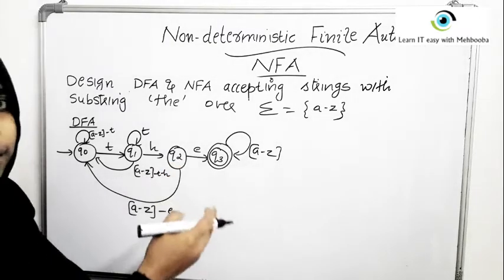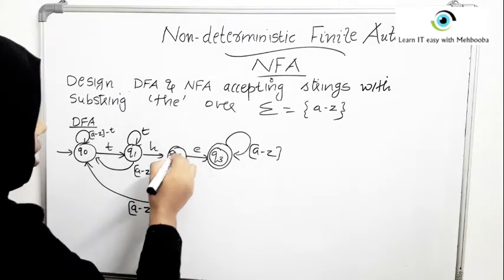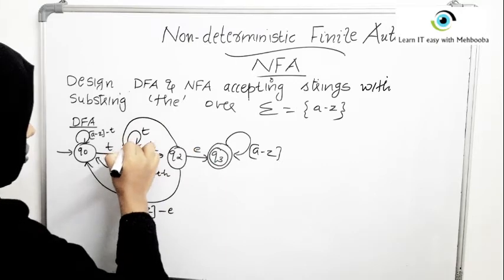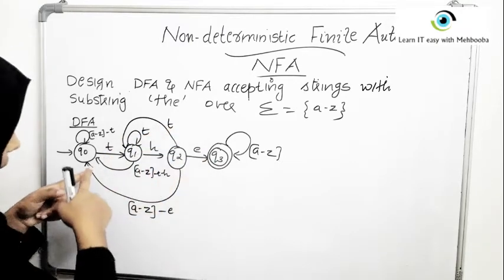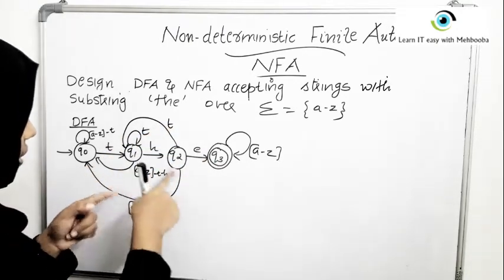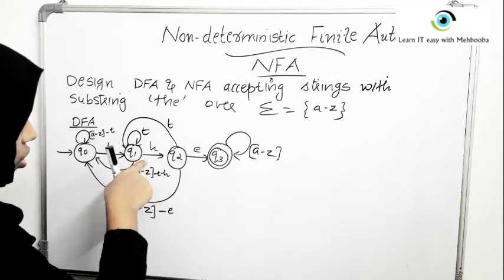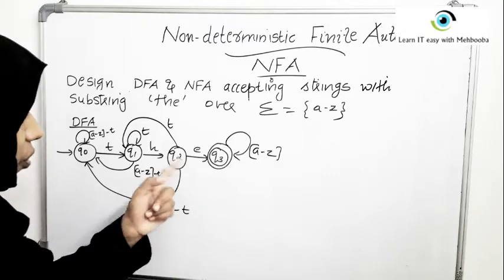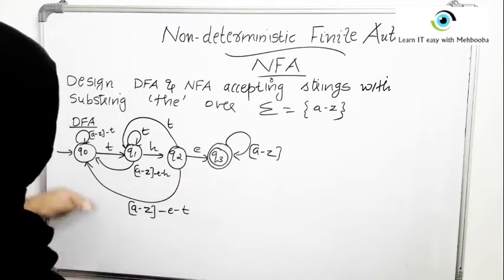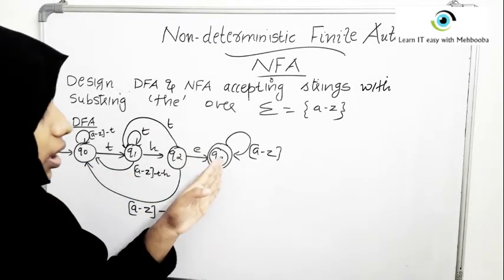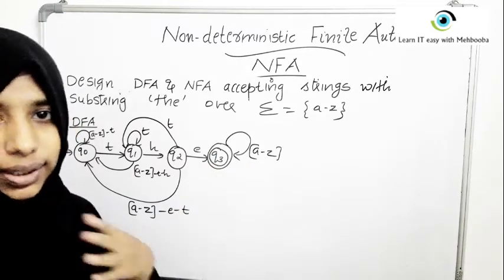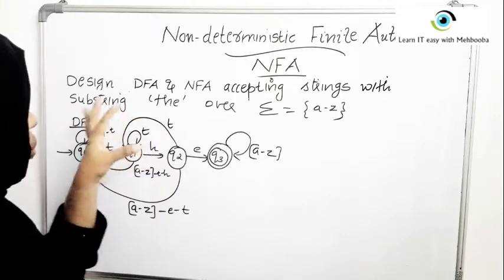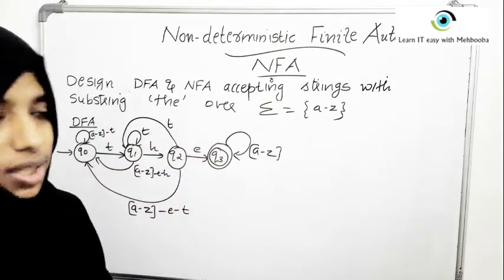And here, if you are getting a T, you just may go back here, because you don't have to go all the way back here, isn't it? If you're getting a T, you just go back to this particular point. Okay. So if you are not getting T, if you're not getting E, just come back here. That's it. If you're getting A to Z at the end, that doesn't matter because you have got THE. That's fine. You just want the substring THE somewhere in the string, isn't it?